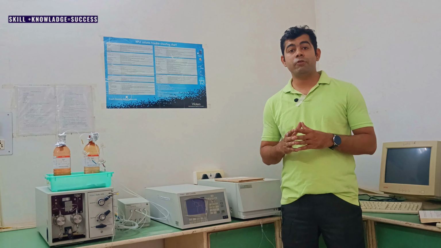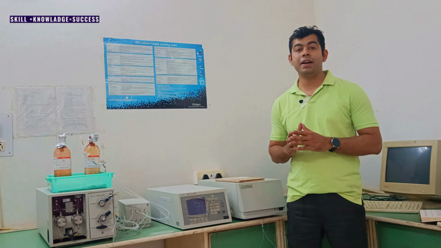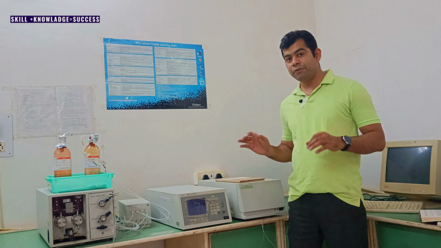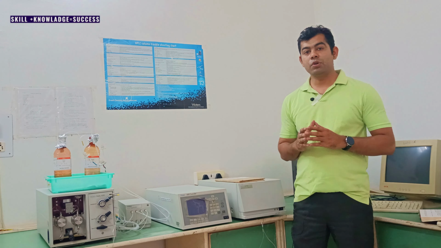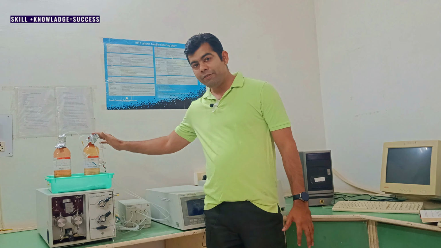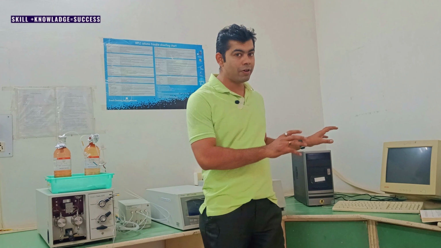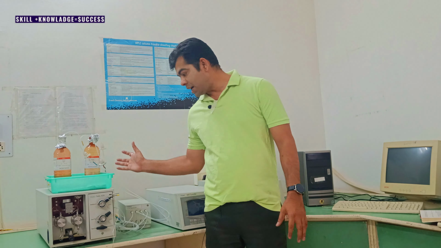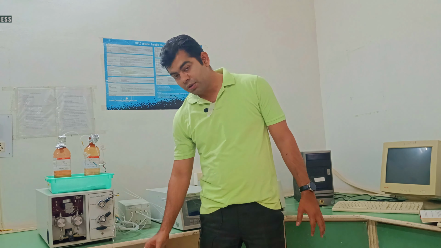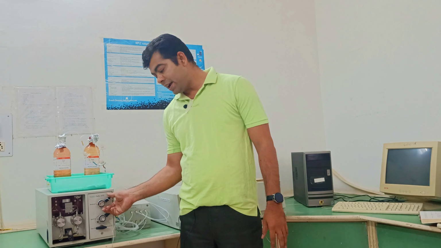The next important part of our HPLC is the detector. I have a PDA detector. The full form of PDA detector is photodiode array detector. But before I explain the detector, first I will explain the complete process of separation of a drug in HPLC. First it is our mobile phase. The mobile phase comes to the degasser. The degasser mixes our mobile phase according to our command, and our pump sucks this mobile phase and then pumps it to our column. Then we have to inject our sample: load and then inject.